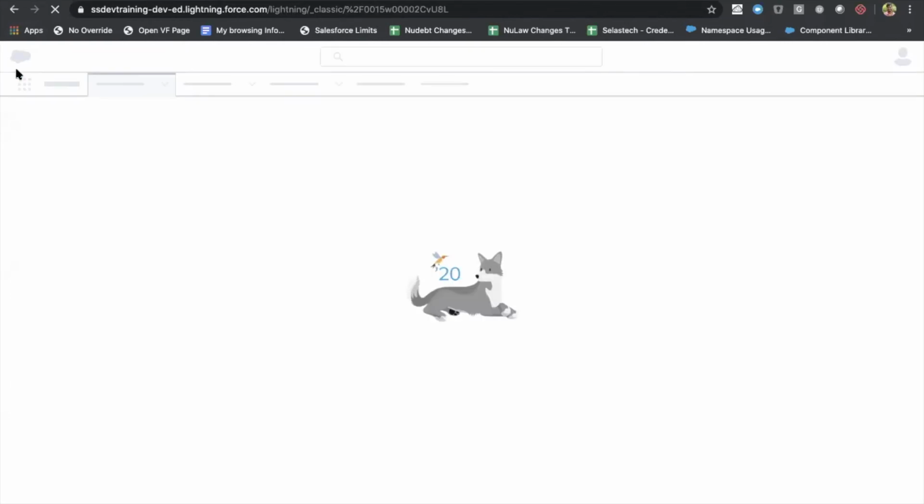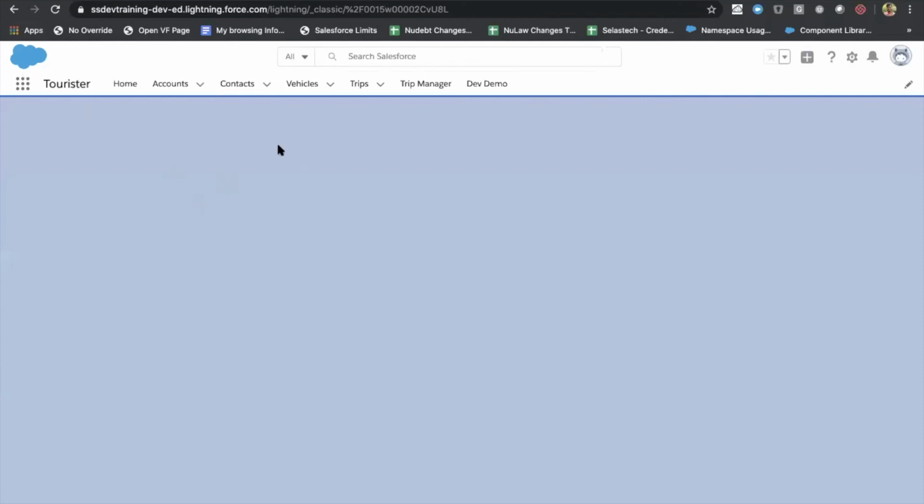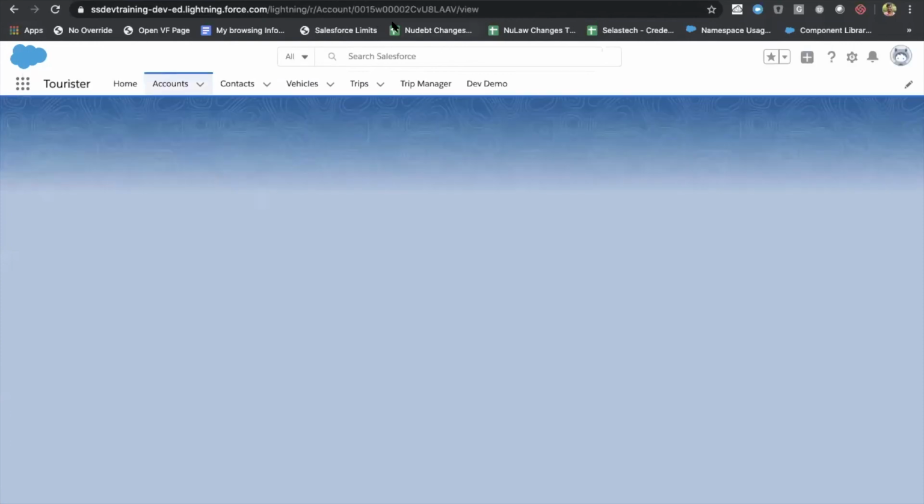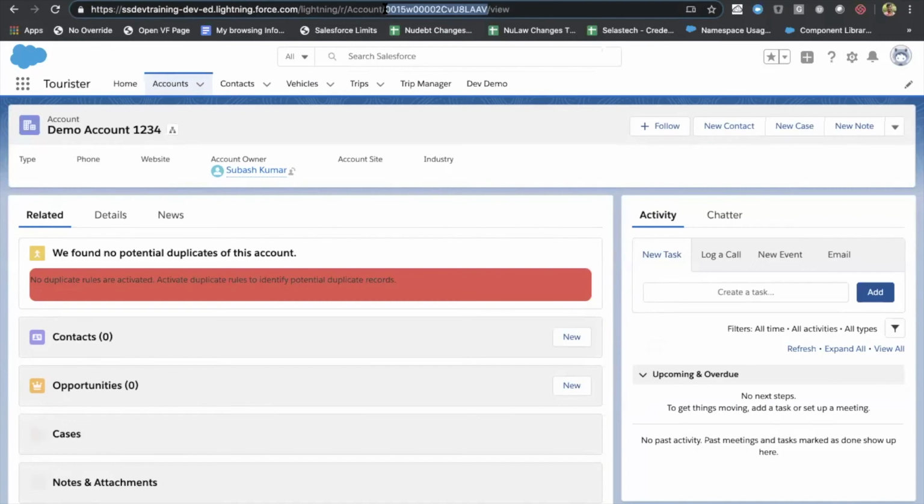Here you see the value is null, because you don't have any account record here. I'll walk you through how we can do this. I'm entering a test record and creating one account record here. Demo account 1234. I click on save, which created a standard Salesforce account with an ID.